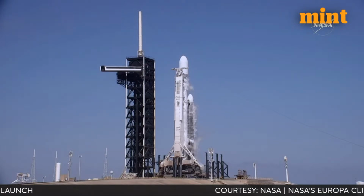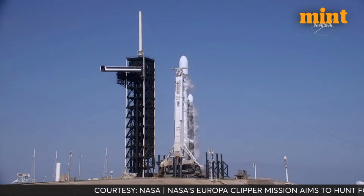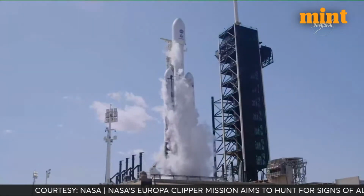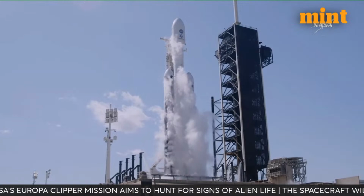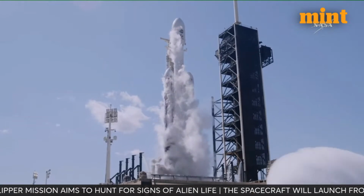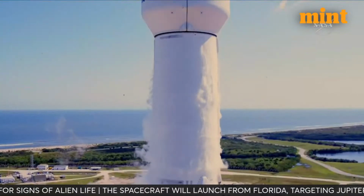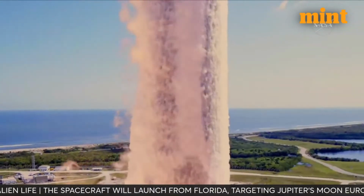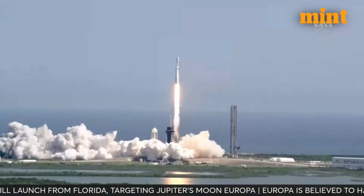Minus 15 seconds and counting. And here we go. 10, 9, 8, 7, 6, 5, 4, 3, 2, 1. Ignition. And liftoff. Liftoff of Falcon Heavy with Europa Clipper, unveiling the mysteries of an enormous ocean lurking beneath the